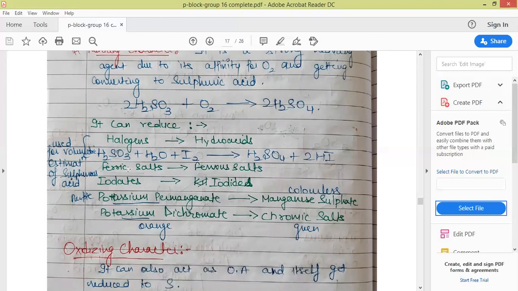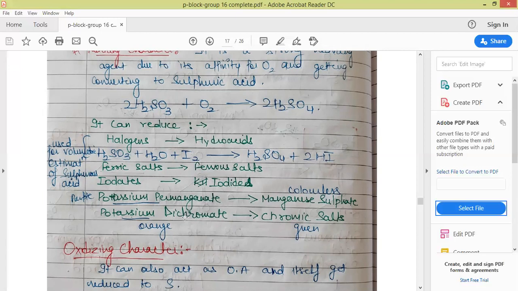As I have already discussed, for the oxidizing action there are the following reactions, where I have written ferric salts to ferrous salts, iodates to iodides, potassium permanganate to manganese sulfate. These are the basic reactions for different oxidizing agents. These reactions you should know, as they are used in all the oxidizing and reducing actions of different